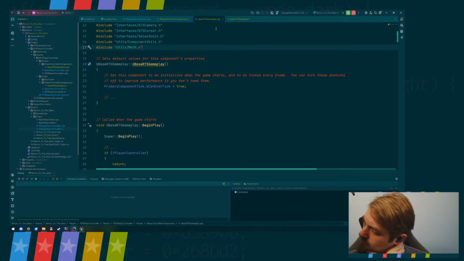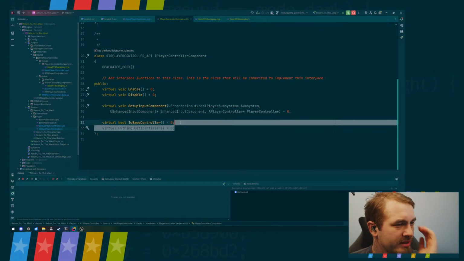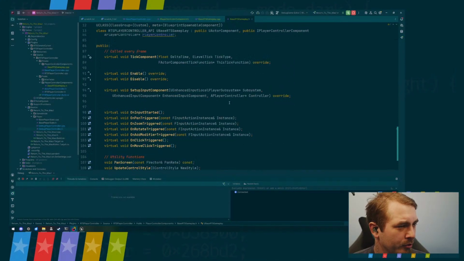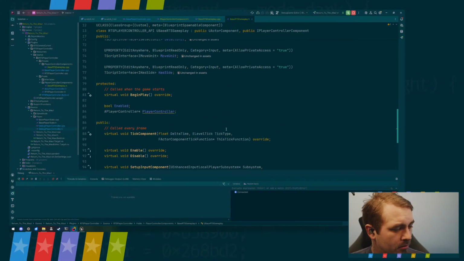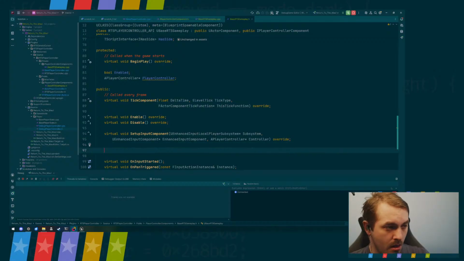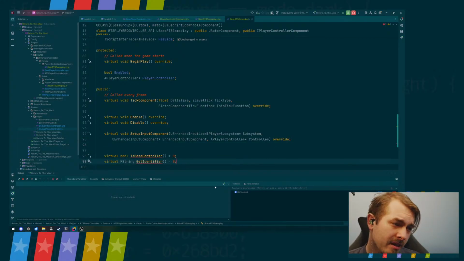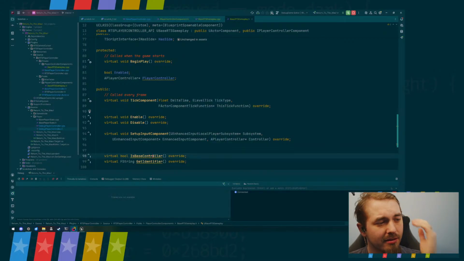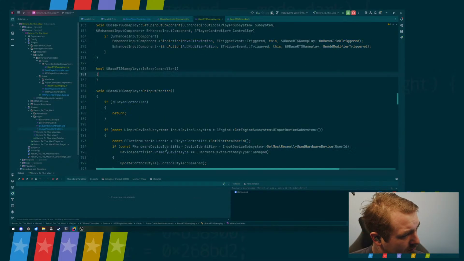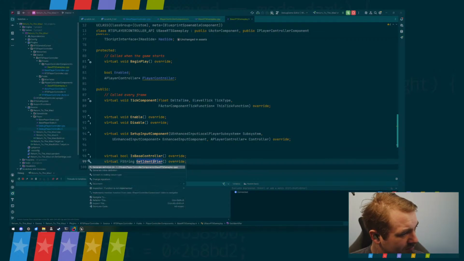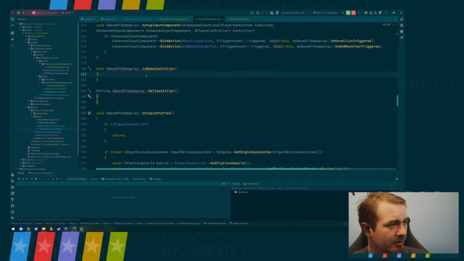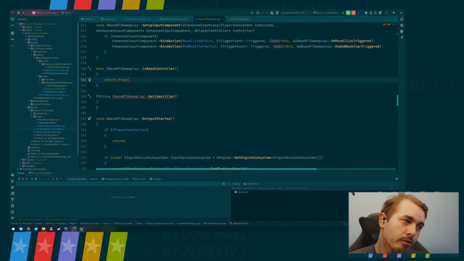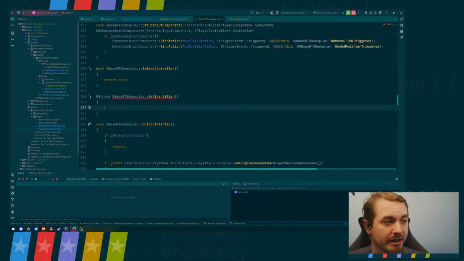So we pop into here, we take these, we pop into here. We add them there. Make them overrides. This is going to return true, because you are a base controller. And then our identifier is then going to return